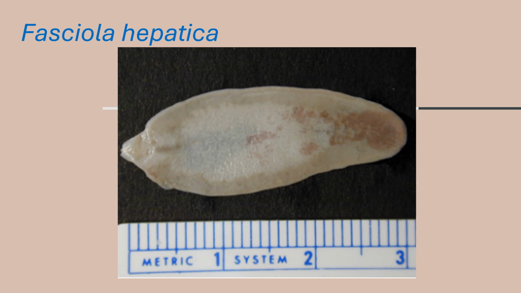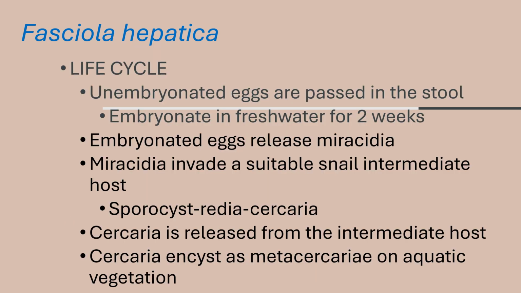Moving on, the life cycle of your Fasciola hepatica. Earlier we said that your adult lays unsegmented or unembryonated ova, and unembryonated eggs are passed in the stool. The habitat of your Fasciola hepatica is the liver passages, so the ova pass from the liver passages into the intestines and then to the stool. Since it is unembryonated, it needs to embryonate in fresh water